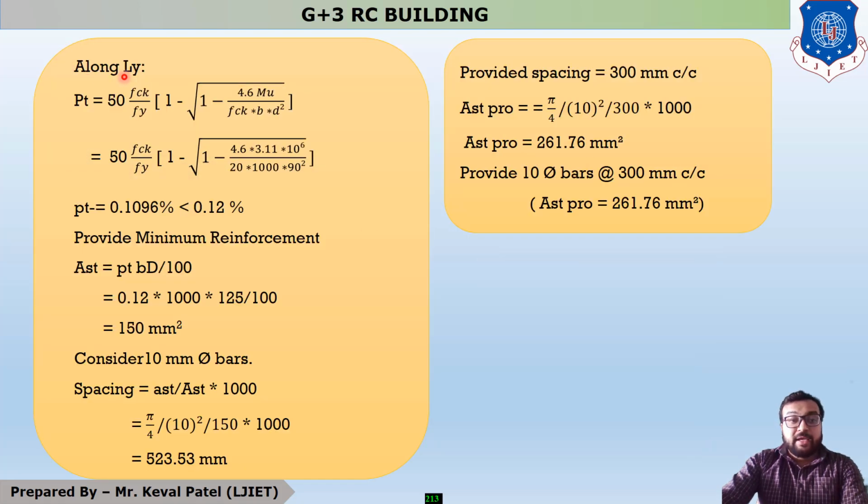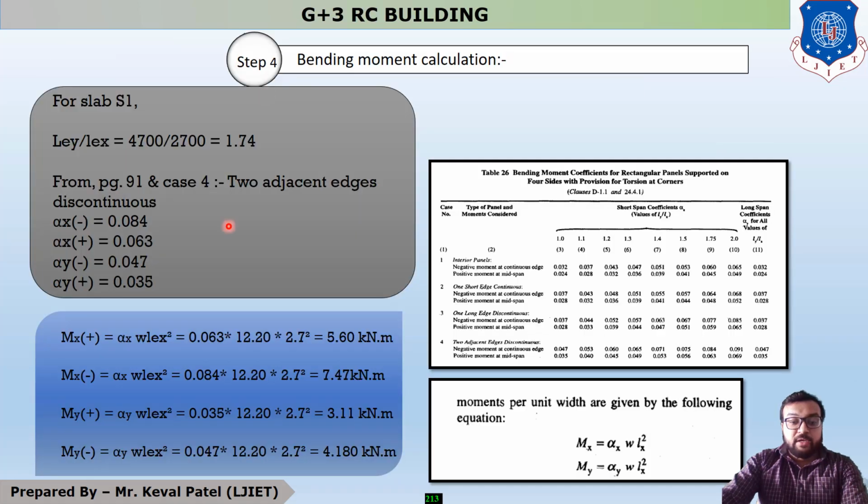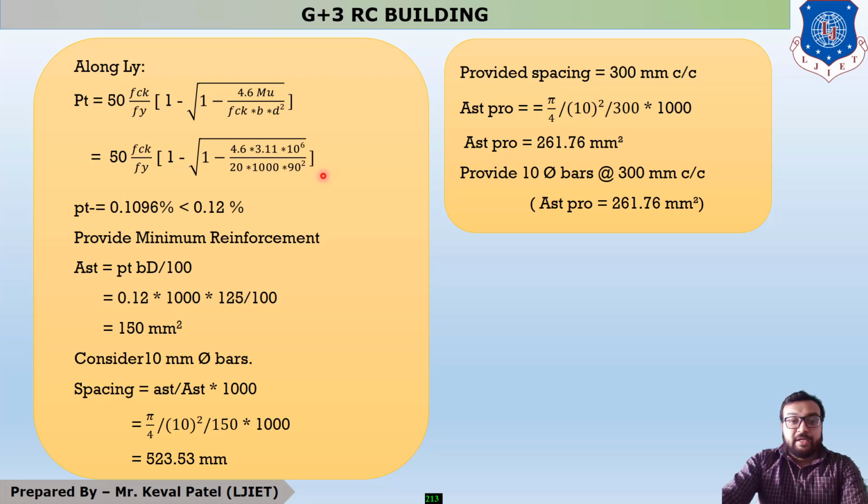Now along LY, the equation remains the same. 50 is constant, FCK is 20, Fy is equal to 415, Mu. It means we have to find out for My positive, it is 3.11 into 10 raised to 6, FCK is equal to 20, B is equal to 1000. Now it is D